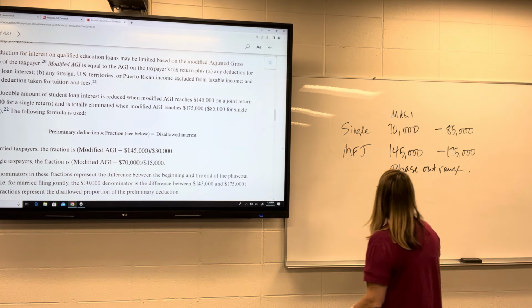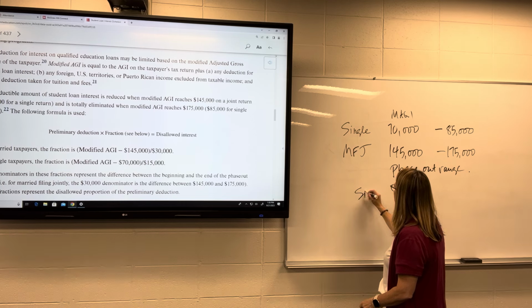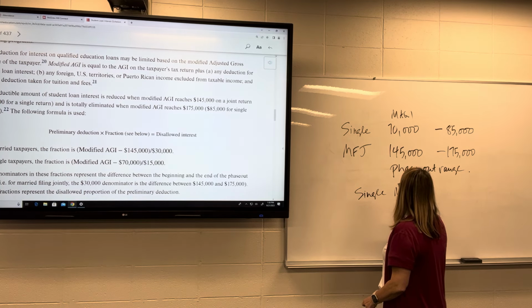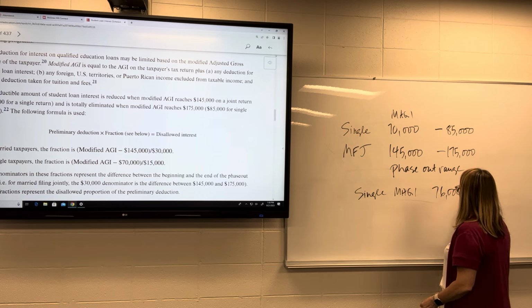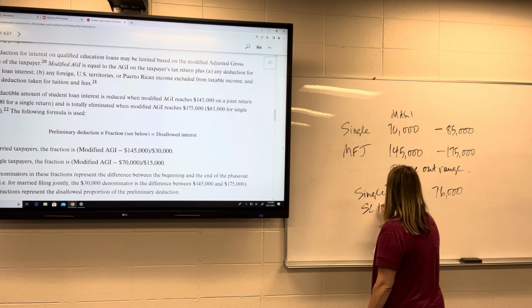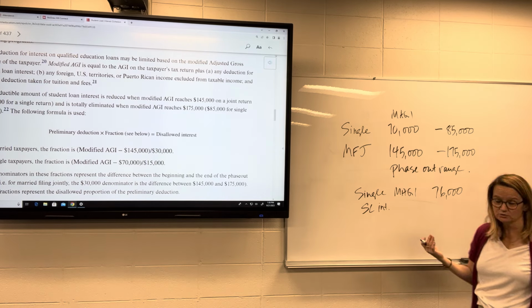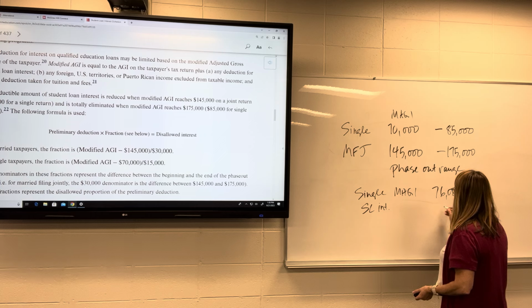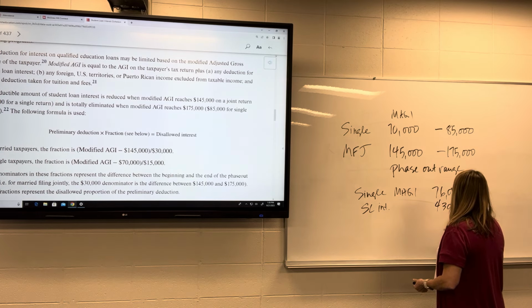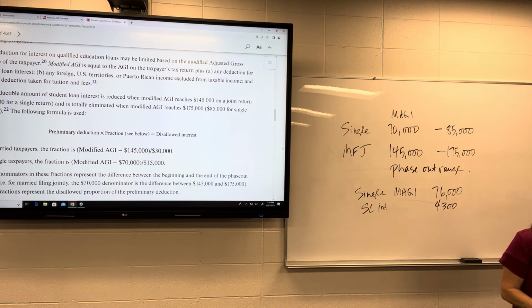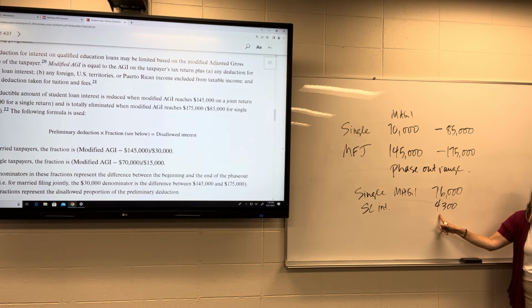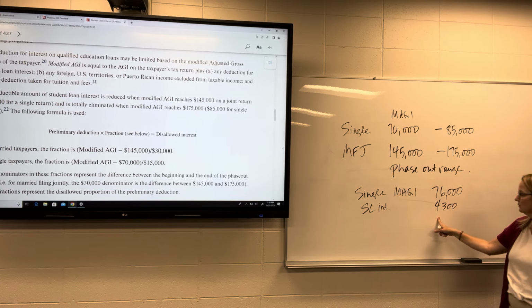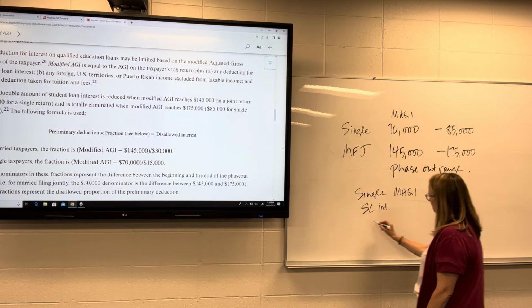So let's do this. Let's say we've got somebody who is single with modified AGI of 76,000, and they have student loan interest, and we'll assume that it meets all the qualifications. It's qualified student loan interest. Student loan interest of 4,300. And we apply our calculation here. So remember, our preliminary deduction is not 4,300, it's 2,500. That's the most that we would be able to take. So, $2,500